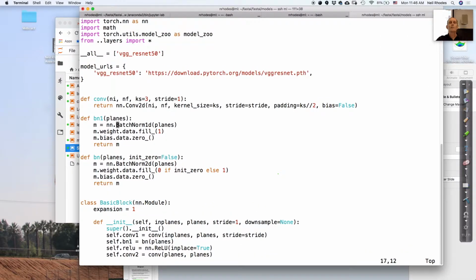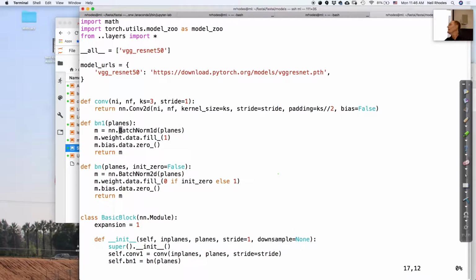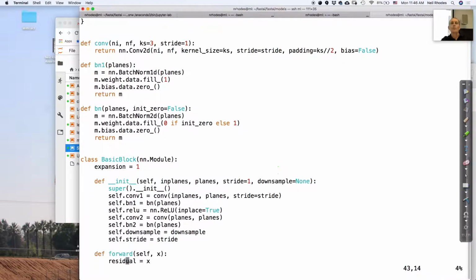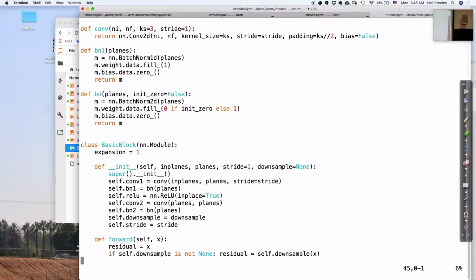So in ResNet, we have a couple of different batch normalization choices here, a BN1 and a BN2, and let's just see how often. What happens is we do our convolution, and then we do a batch normalization, and then we do a ReLU on that. So our batch normalization here is happening on our weighted input. In the original paper, that's where batch normalization was suggested to be done, basically between the weighted input and